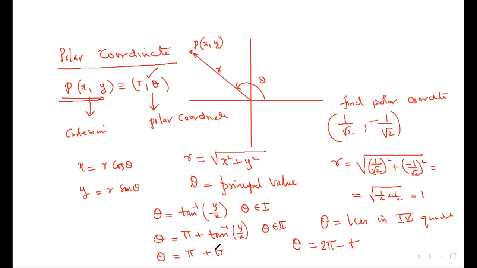If it lies in the third quadrant, same formula, no change in the formula, because in the third quadrant y by x will become positive, so pi is added to it. And in the fourth quadrant, it is 2 pi plus tan inverse y by x, because y by x is going to be negative, that negative will make it subtracted. Is it clear? Everything is printed in your sheet, so you don't have to write it all. So here theta lies in the fourth quadrant. Theta is 2 pi plus tan inverse y by x. I don't have space to write.